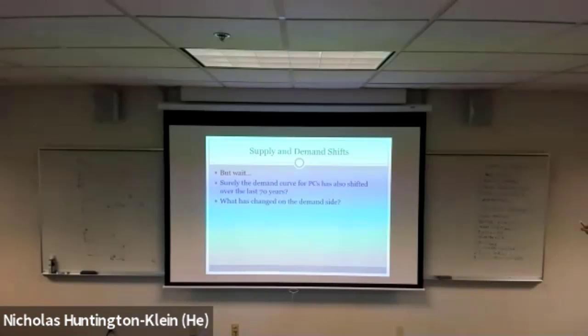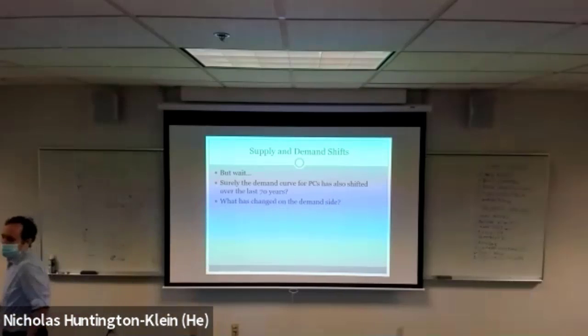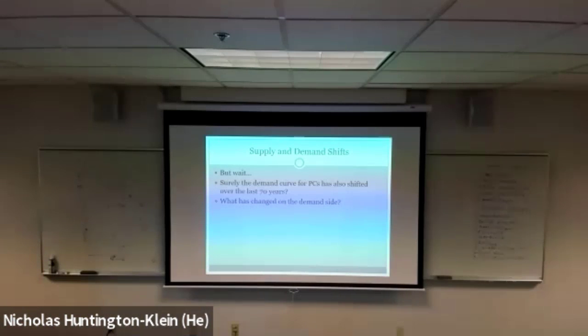We walked through the logic for supply changes and also demand changes. One of them told us that price was going to go down. One of them told us the price was going to go up. Now we know what happened. We know the price did go down. But imagine that you're back in 1950 and thinking, what's a computer going to cost in 70 years? Right? You might be a bit stuck at this point. So let's think about what's going to happen